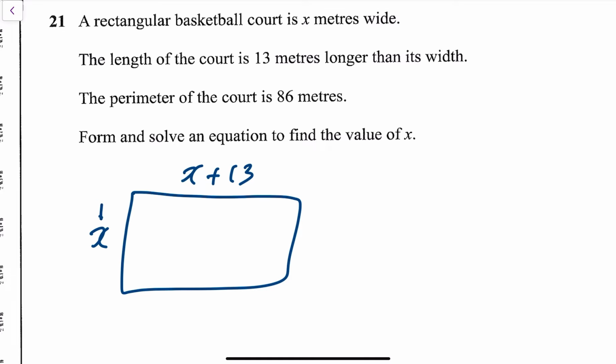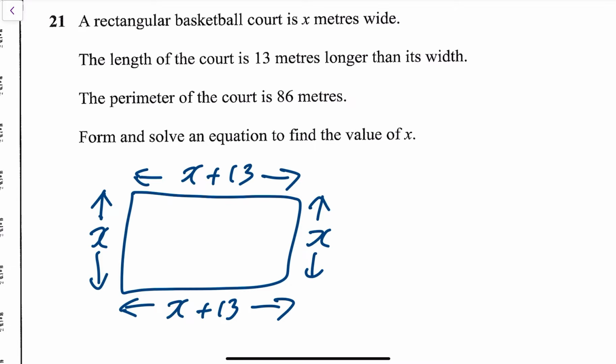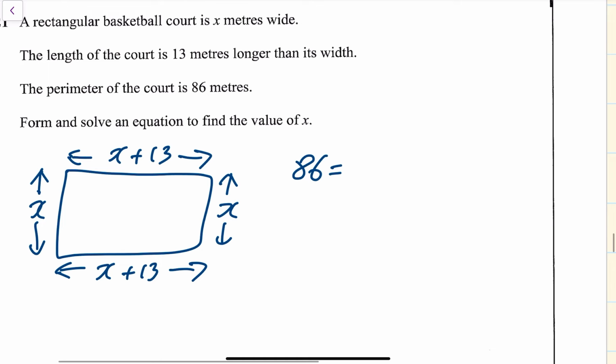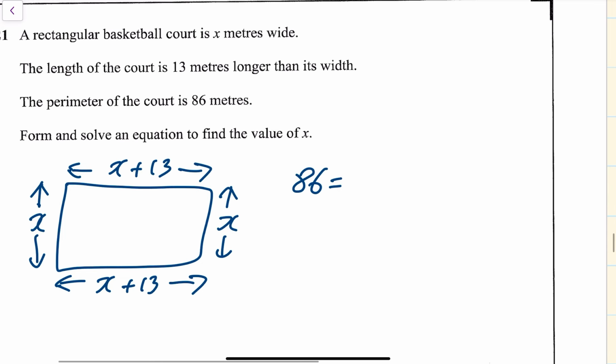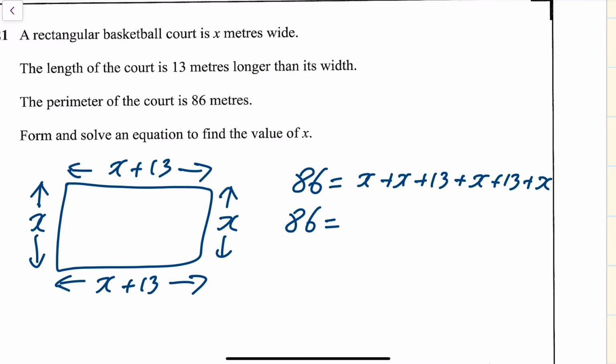Okay, its width was X and its length was 13 more. Let's just label these wee bits as well, and then that makes it dead easy. We know 86 is the perimeter, so 86 is the same as X plus 13 plus X plus 13 plus X, tidy that up. 86 is equal to, we've got 1, 2, 3, 4 X's,